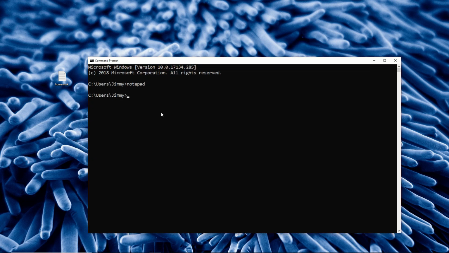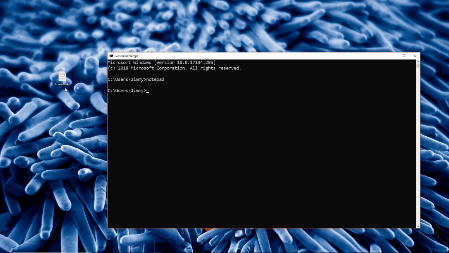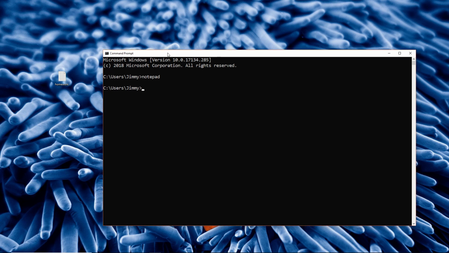Sometimes we would like to tell the program how to run by giving it some more information. And one way to do this is by giving it command line arguments. For example, here we see that on my desktop I have homework.txt. Suppose we would like to use Notepad to open this file. We can type Notepad